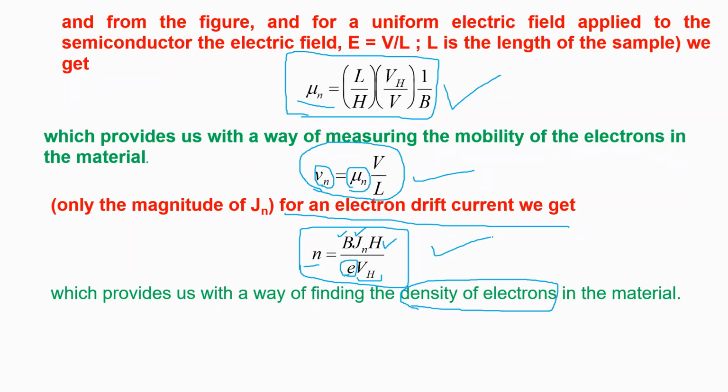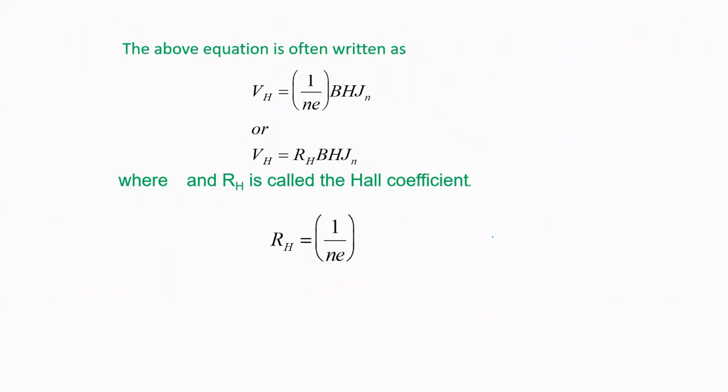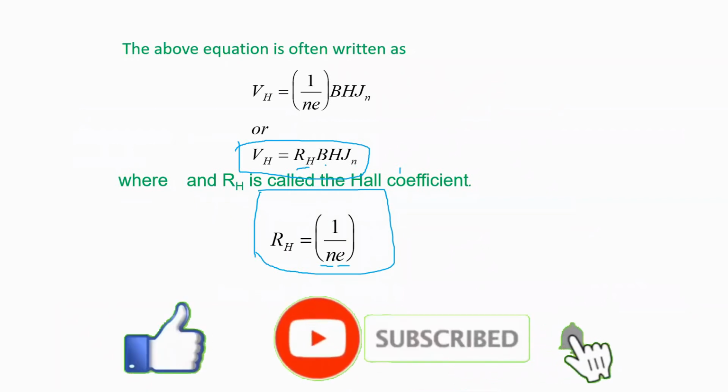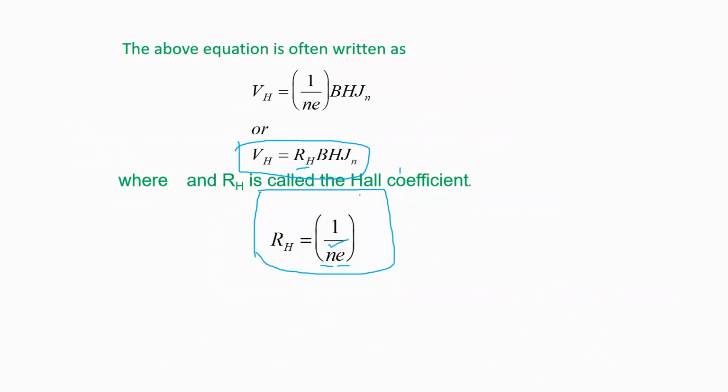So many things are there, but taking into consideration that you are students of basic electronics, I will not be discussing them in more detail. So if you know what is the Hall voltage, this can be known to you, and Hall voltage you can measure from the experimental setup. So all other parameters are known to you. So you can find out the Hall coefficient. So Hall coefficient is equal to your concentration gradient into charge. So from there, if you know the Hall coefficient, then you can easily know the concentration. So many things are there that are associated with the Hall effect, but not needed at this stage.